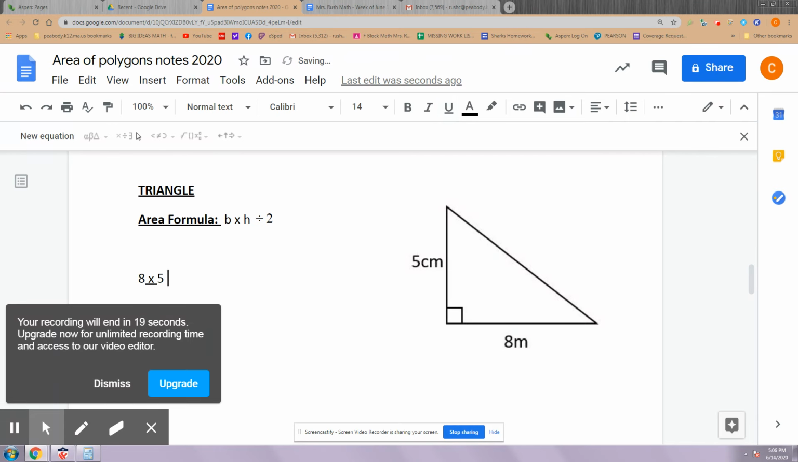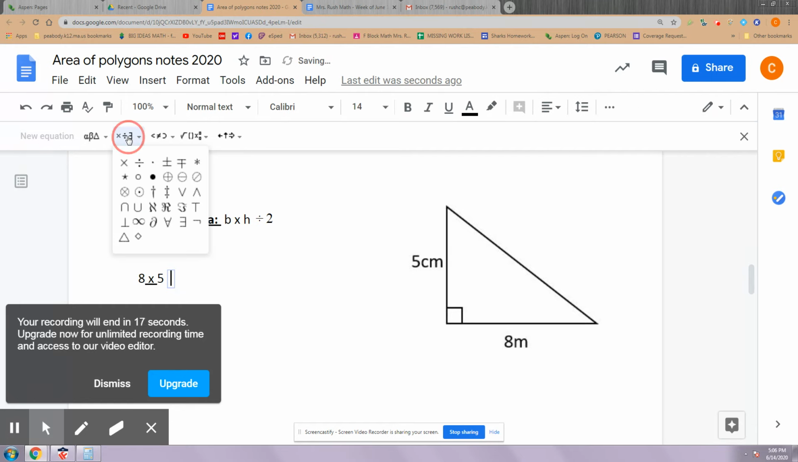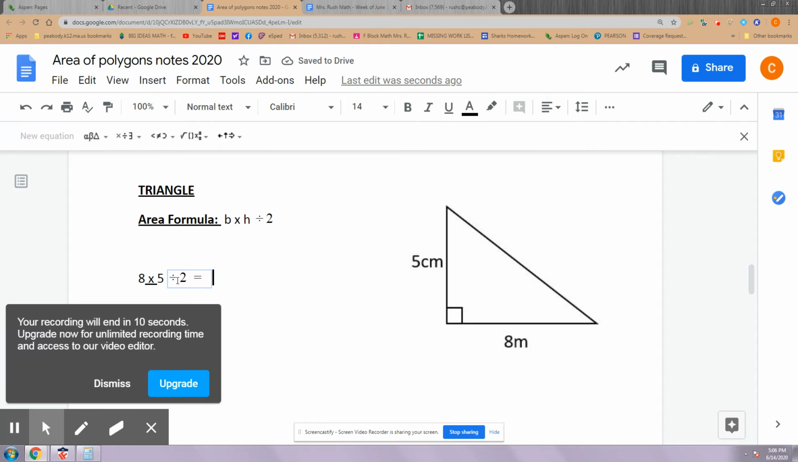So we would do 8 times 5 and then divide that by 2. So 8 times 5 is 40. And then when you divide that by 2, you would get 20. All right, guys, I'm going to continue this on the next